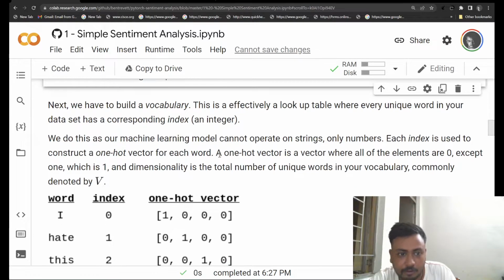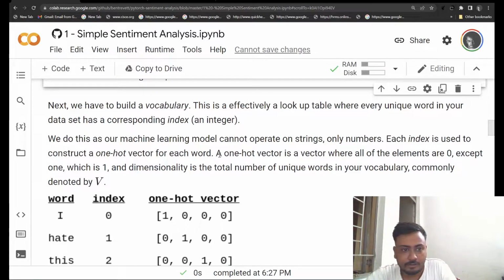Yes, sir. Okay, so now comes the next part, where we have to build a vocabulary. As I said, our input is a string, or like the text is in the form of a string. We have to convert that string to vectors. So there is a process in between where we have to convert the string data into numerical data, right? So how that is done is we